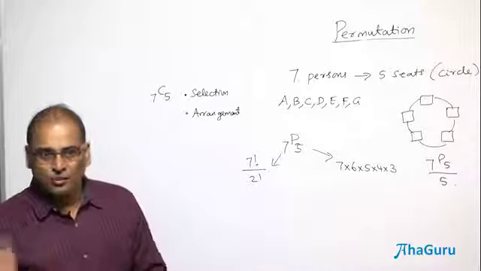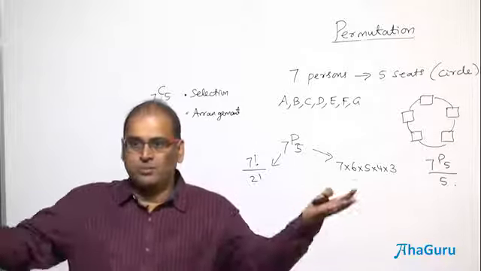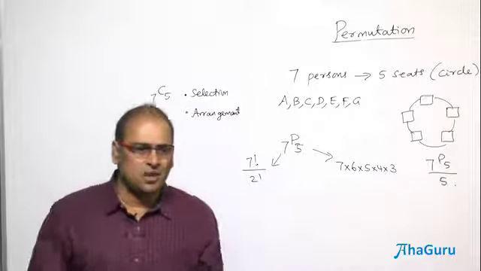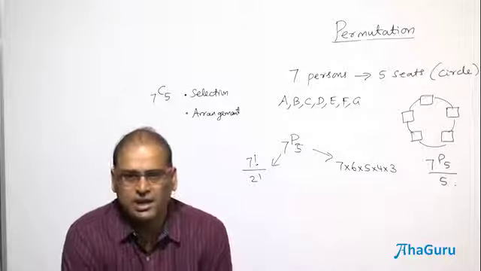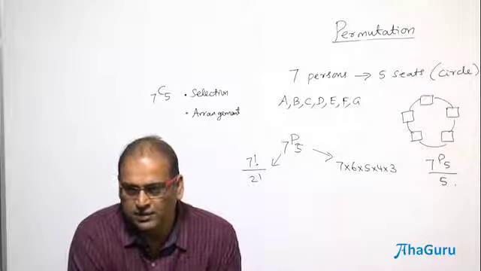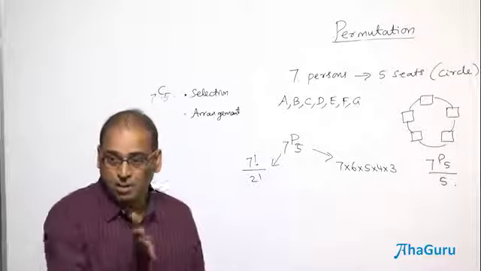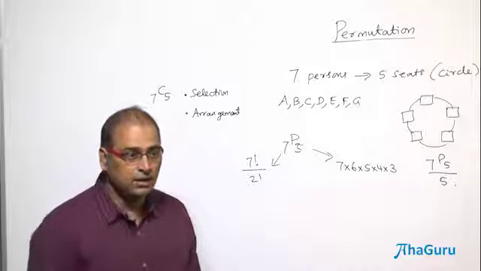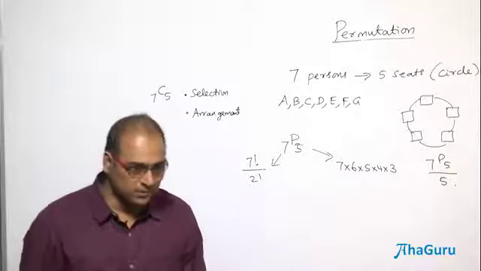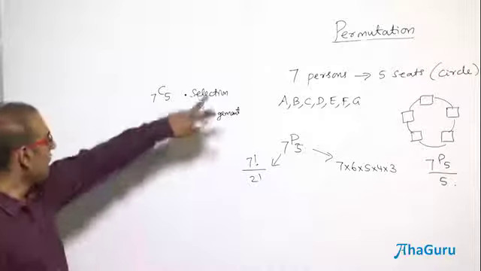combinations, not permutation. So what's the difference between permutation and combination? With the same selection, you can arrange in many ways. So that's arrangement, correct? But combination means you are not bothered about the order. So A, B, C are selected for some competition. You say B, A, C are selected for the competition, or C, A, B. That's not going to affect, it's the same meaning. But if you say the order, suppose in the competition A gets first rank, B second and C third, then if B gets first, C gets second and A gets third, that's different. So whenever order comes, permutation will come. If selection or combination comes, there is no order. Understood? So we are going to select, 7 choose 5.